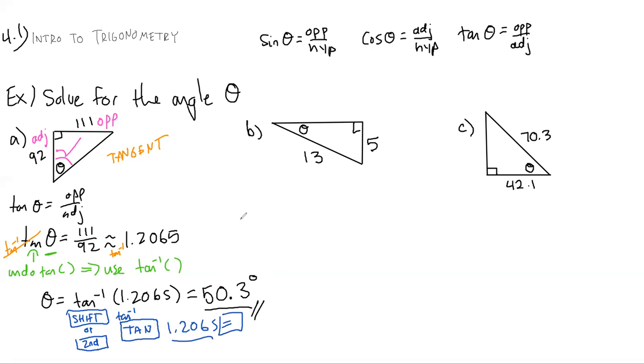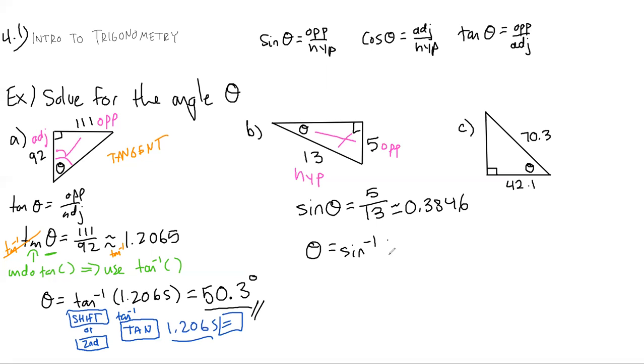And so that's what we're going to do for all of these. So the second one, what we've got is my opposite and my hypotenuse. So I'm going to jump right into this one. We want sine. So sine theta is going to be opposite 5 over hypotenuse 13. So round that with a bunch of decimals, 0.3846. And I'm going to use that inverse function for the theta. So sine to the -1,